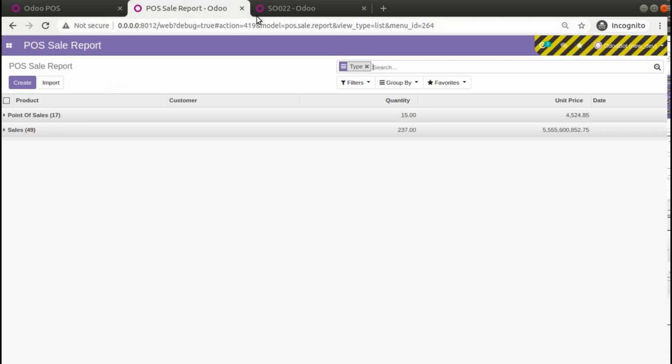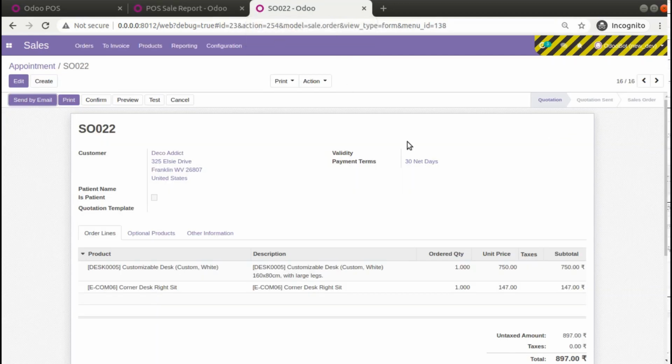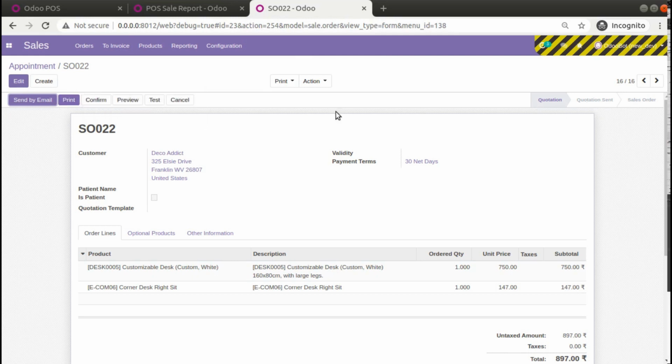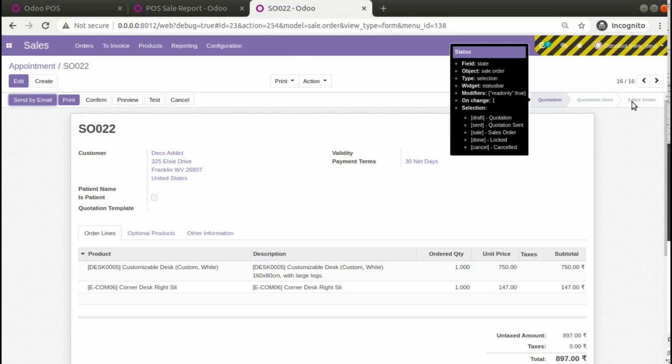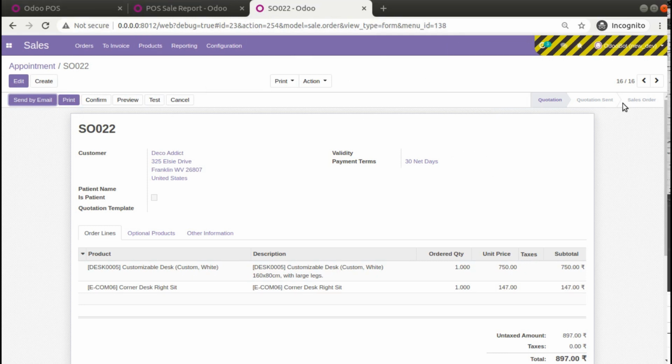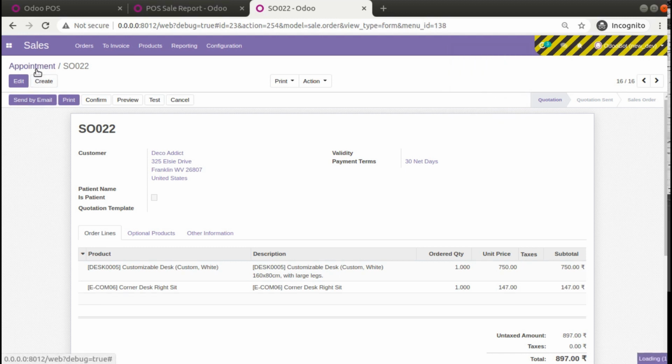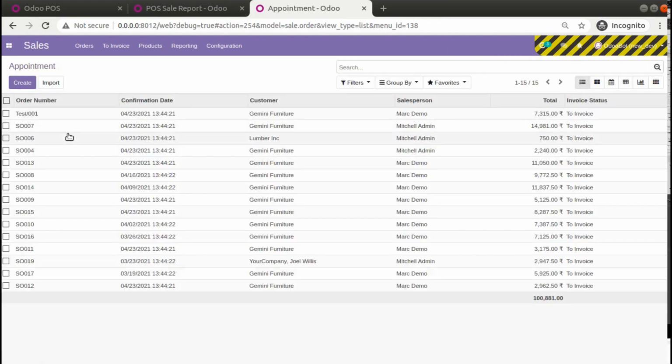So right now we have fetched all the order lines. So what happens if there is some cancelled order line, cancelled sale order? There might be some case where we have to bring only the confirmed sale order and confirmed POS order line. Take a case where we have to bring only the sale orders, like we don't need to bring the quotations, only the records in the sale order and done state. So what we are going to think is that we don't want to get quotations into our view.